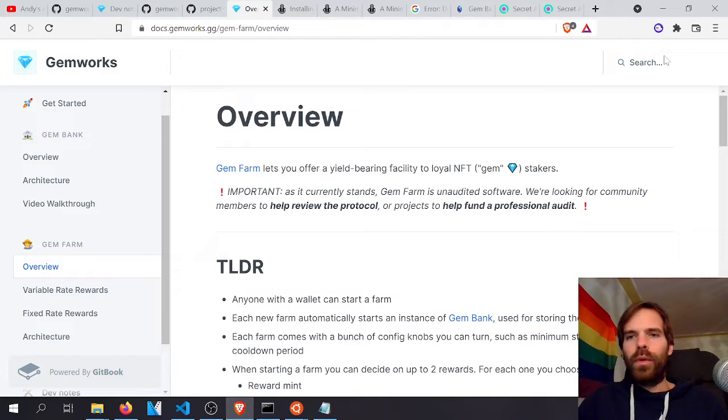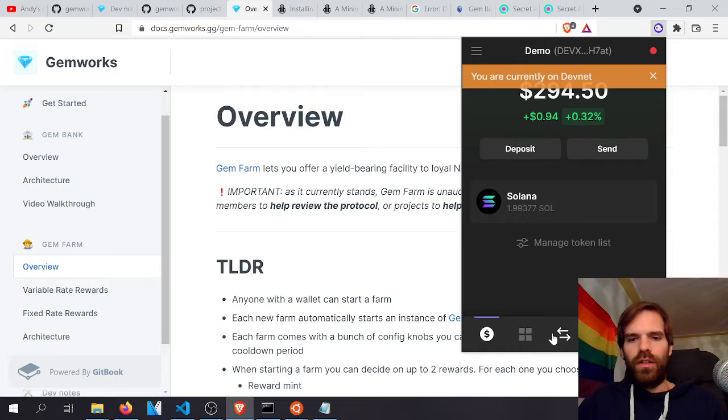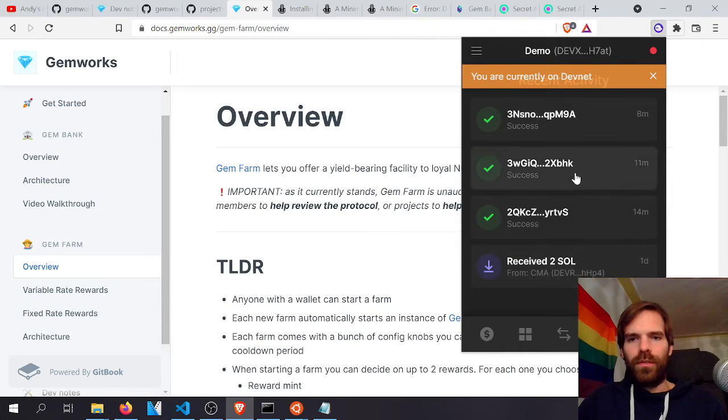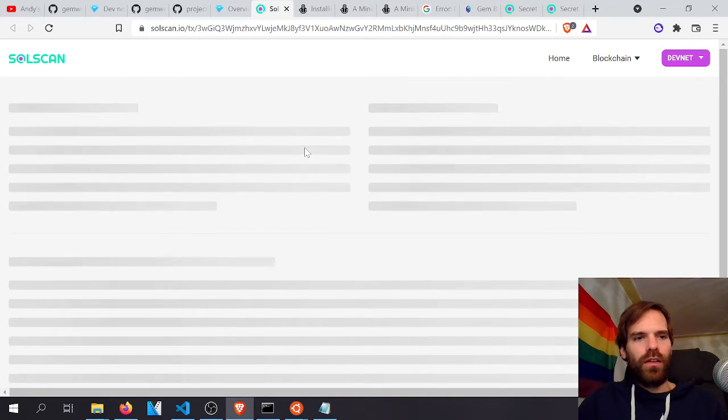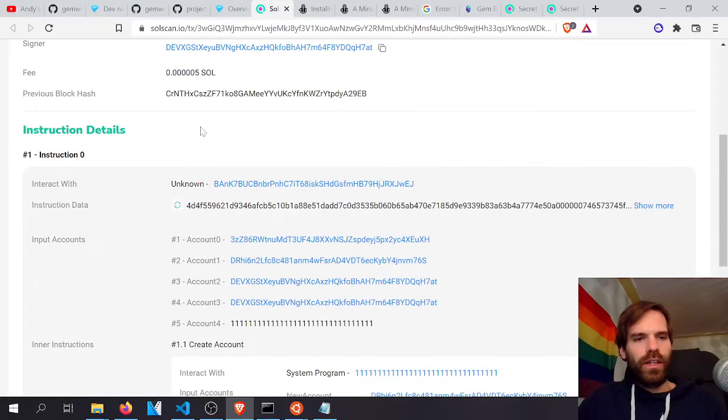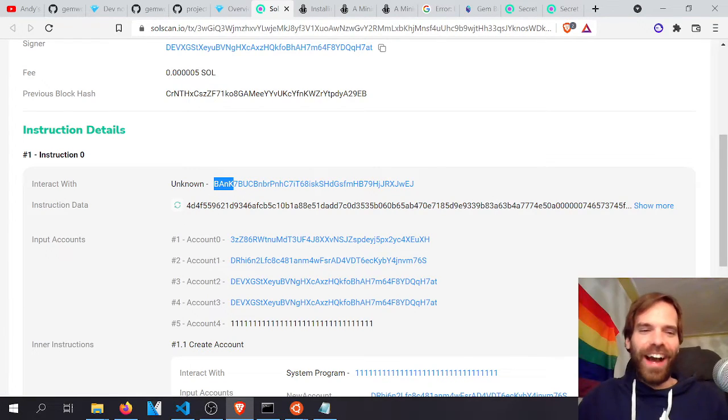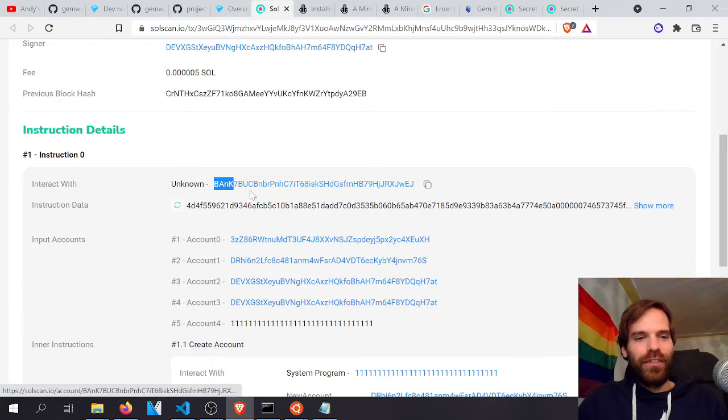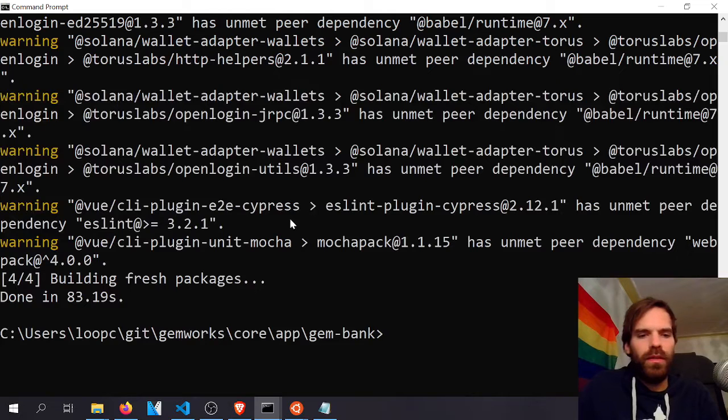DevNet. And while we're waiting, let's actually look at some of the transactions that we just made and see if we see something interesting there. So a transaction that interacts with the bank. Love it. So that's our program that we deployed to the DevNet. It bunches in some stuff and it interacts with the bank. I love it. Yep. So that's the one that we deployed. But I still want to